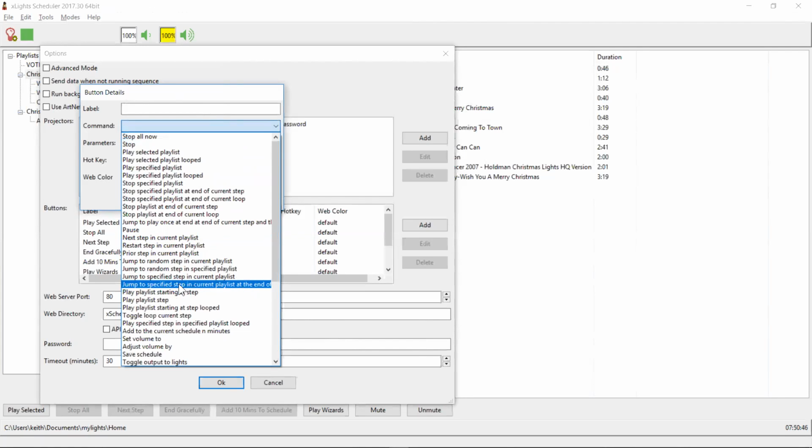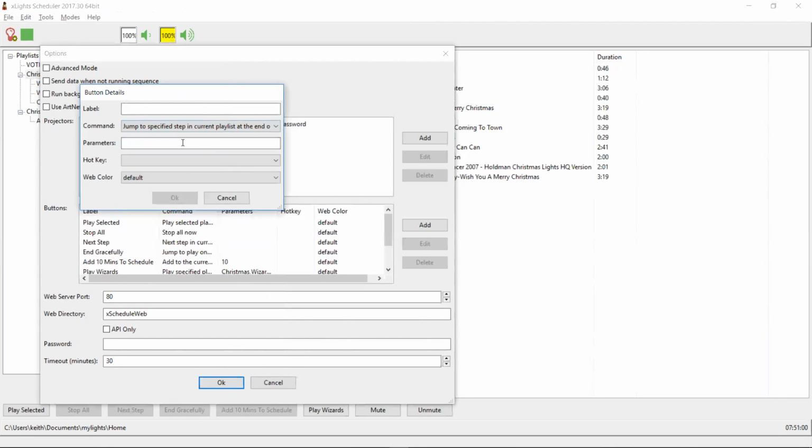Oh yeah, so this one here, jump to the specified step in the current playlist at the end of the current step. So what that will do is it will finish the song that's currently playing, and then it will play the song that I've asked for. So if I wanted to do wizards in winter,